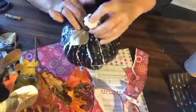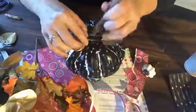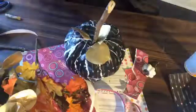You can put the handle on, or if you do the stick, once this is all dry and you get your hot glue gun out, then you want to hot glue these in and make sure that they stay, but for now I'm just going to kind of show you what they look like. So if you add a few of these leaves, hot glue them down so they stay in place, and then take a couple pieces